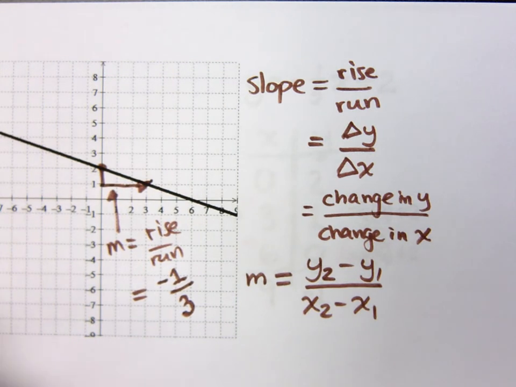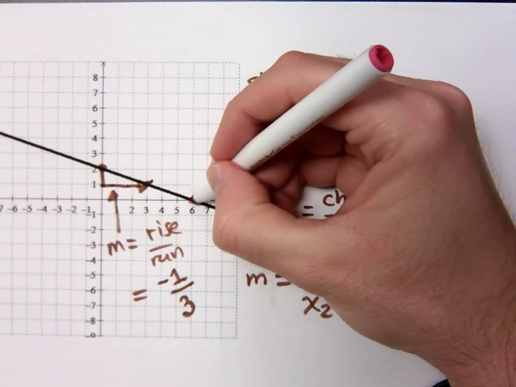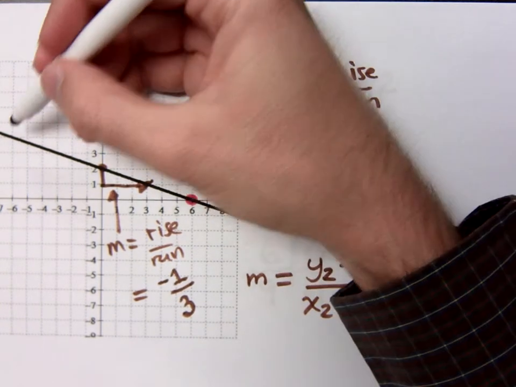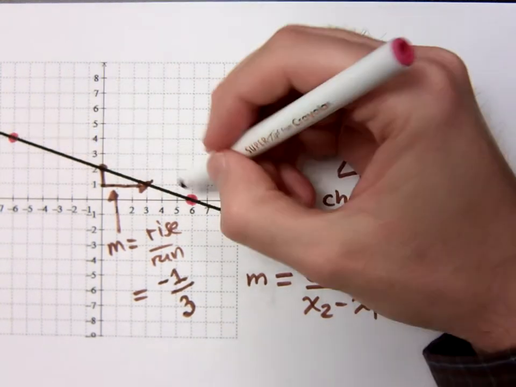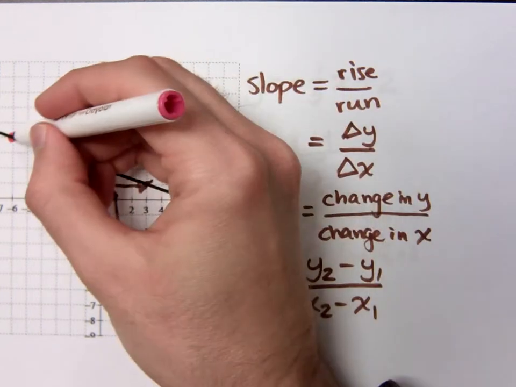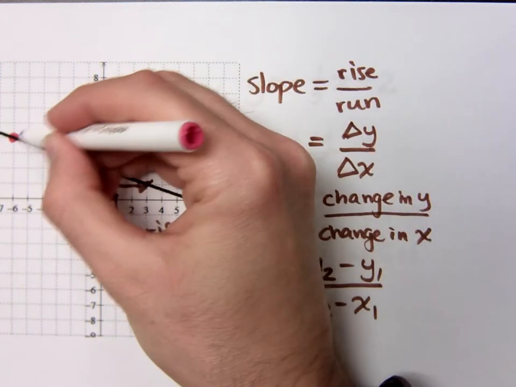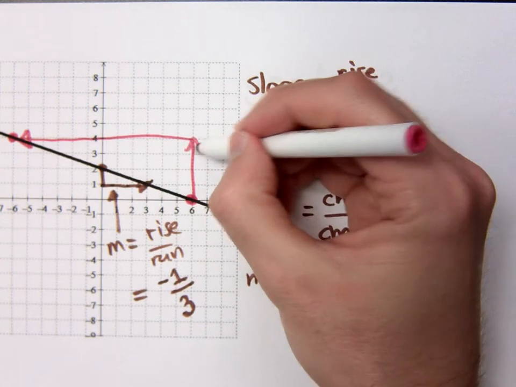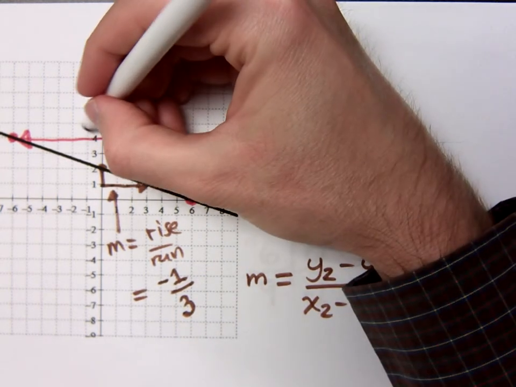But just so you understand something about slope, it doesn't matter what 2 points you pick on the line. The slope is always the same. If I go from this point right here to this point right here, so as I go up and over,